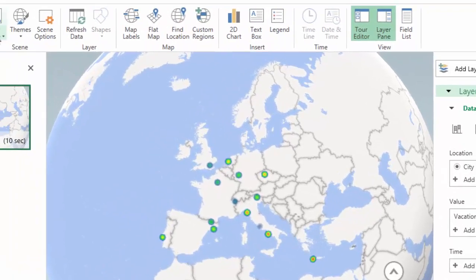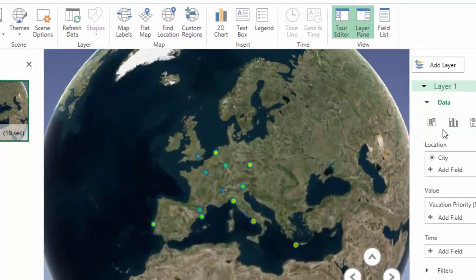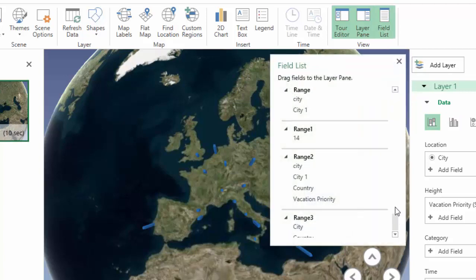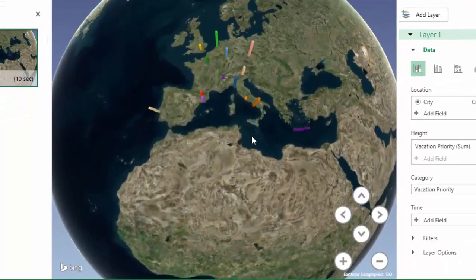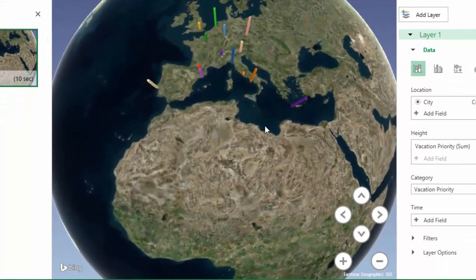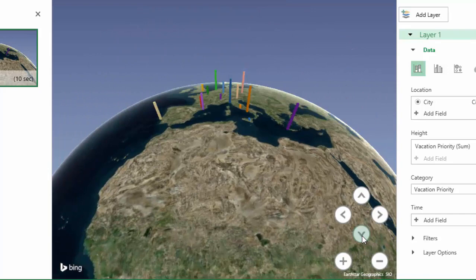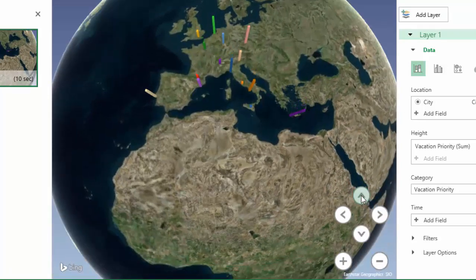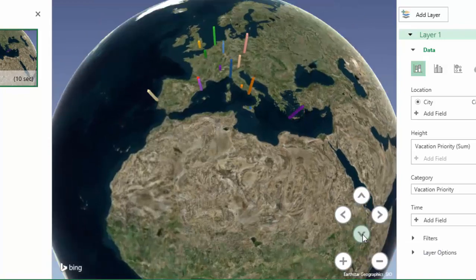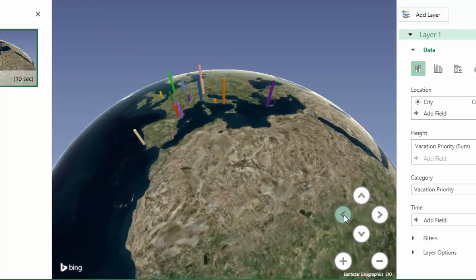And then of course we can change the theme. So if I want to go to more of a global theme, I'll go back to my bars. I'm going to add my vacation priority into the category. Then of course you can move this around. You can come in at a lower angle by clicking that. You can come in at almost vertical or like a top view, but I kind of like this lower angle, and then you can kind of shift around